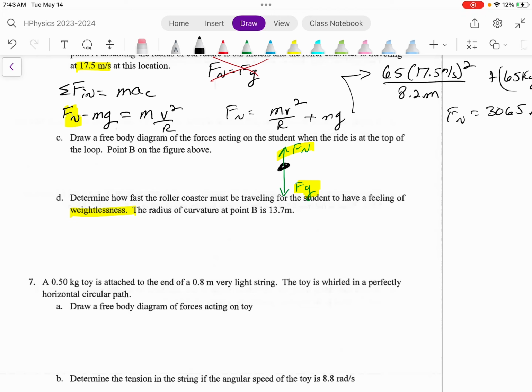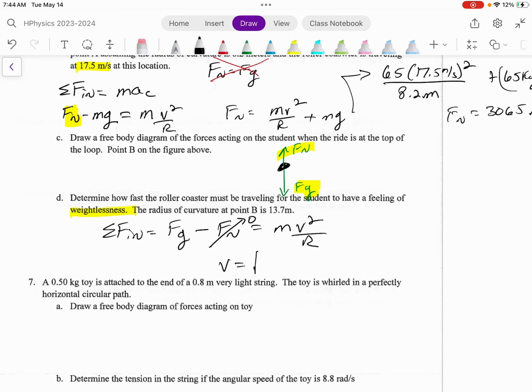So we're still going to sum the forces inward, just like what we did before. Force of gravity this time is positive because it's pointing towards the center of the circle. Force normal is pointing outward, so it's negative, equals mv squared over r. I chose that definition because they asked for how fast. They didn't ask for angular speed. We're just going to set force normal equal to 0 in this case, and then move everything around and solve